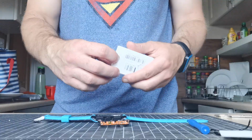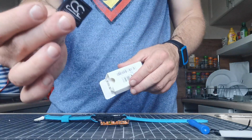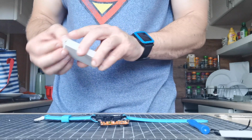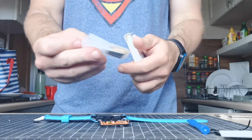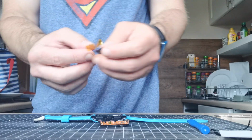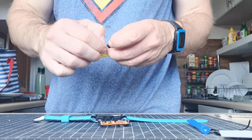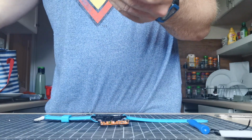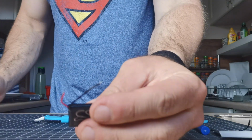Okay, so new battery. Actually, I'm not going to use that one, it was from a failed attempt. New battery. So red is positive, black is negative,